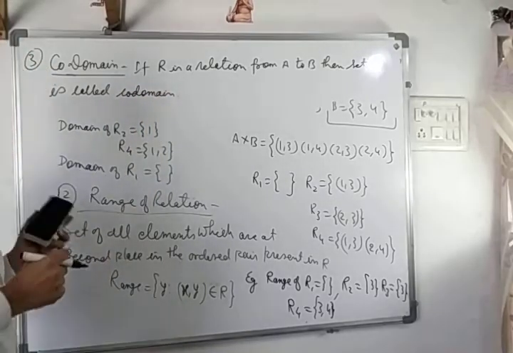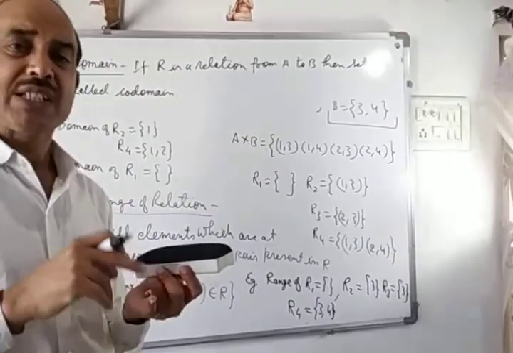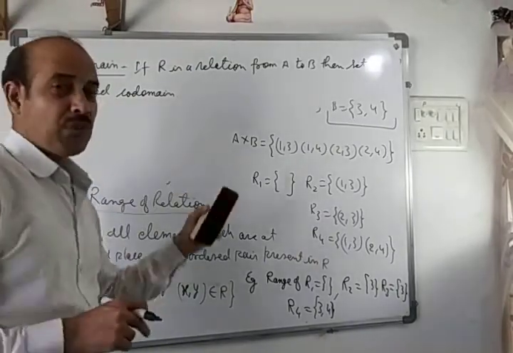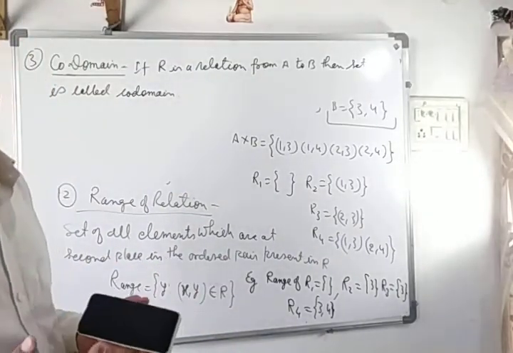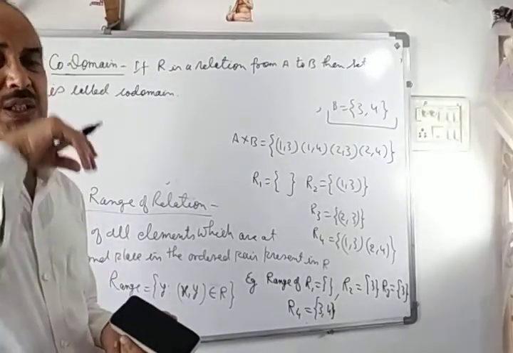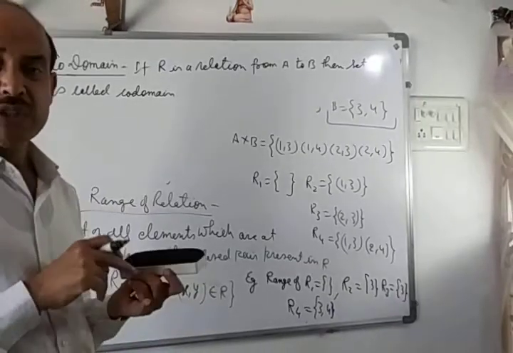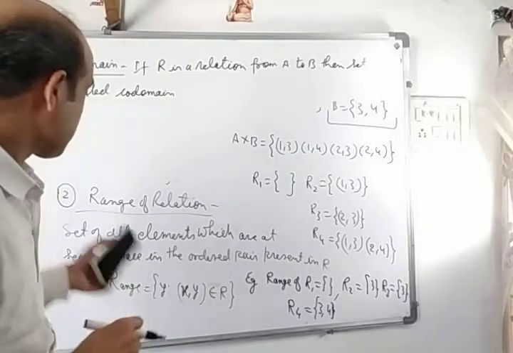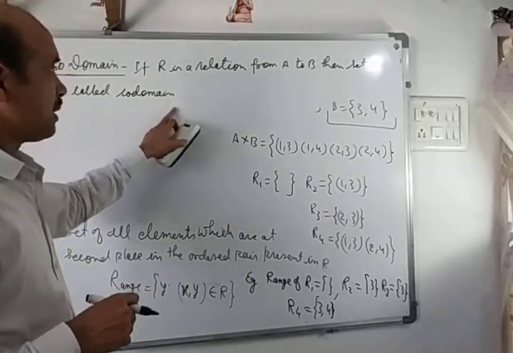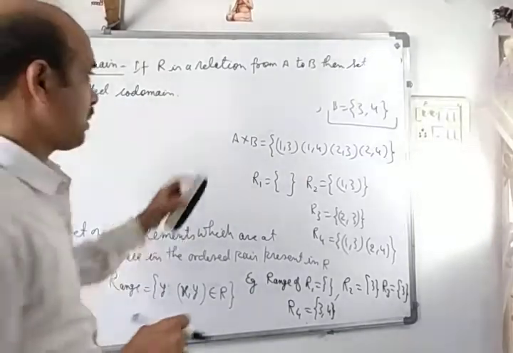But normally in class 11 most of the time they are asking what is domain and what is range, because codomain is more applicable in the coming topic, that is function. In relation we have to be more worried about what is domain and what is range. And there is no condition for codomain, clear? Set B, the second set, whatever it is, will be codomain.